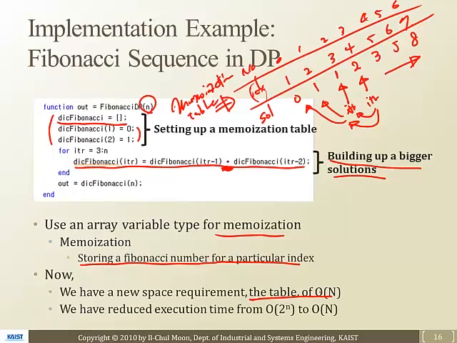In the previous recursion program, if you go back to it, we didn't need any arrays for that solution. However, here we now have a new requirement. We have to have this table, which will require order of n space, right? At the same time, we are going to reduce the execution time from order of 2^n to order of